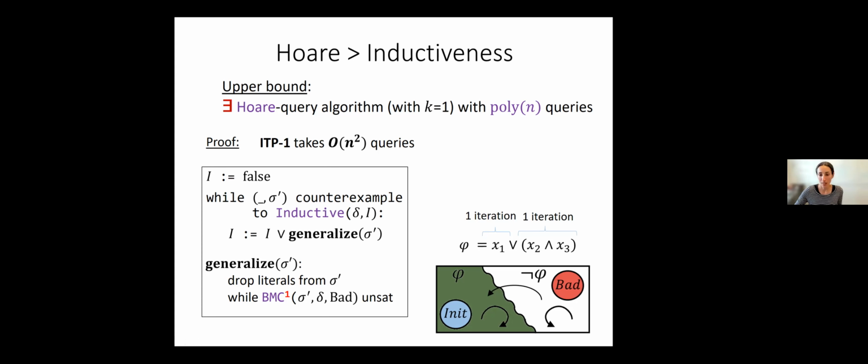Okay. So what remains is to really convince you that in each iteration of the while loop, we will really learn one cube from the DNF invariant. Okay, and why is that? Okay, so first,